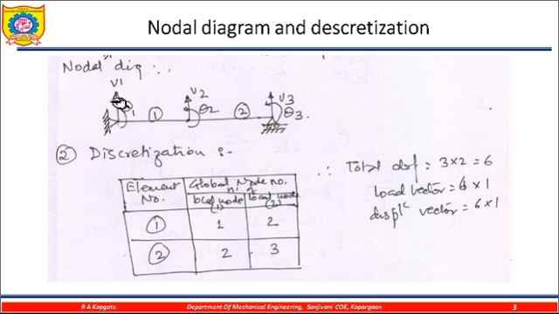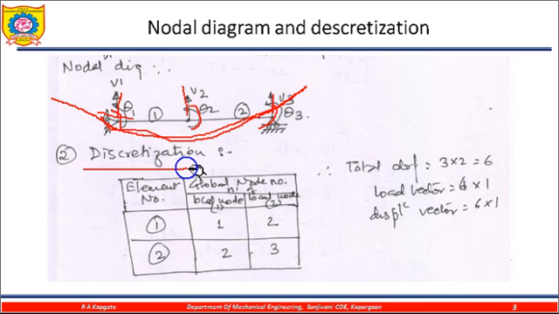At every node there is a chance for deflection as well as reaction, as well as slopes. The slope is in the anti-clockwise direction, because there is a possibility of this force, the beam sagging like this. That is why we have taken the slope like this. And these are the reactions or bending moments taking place at the various points.